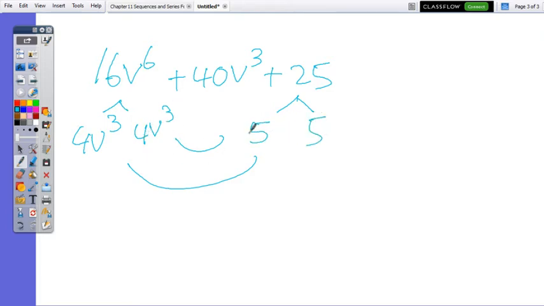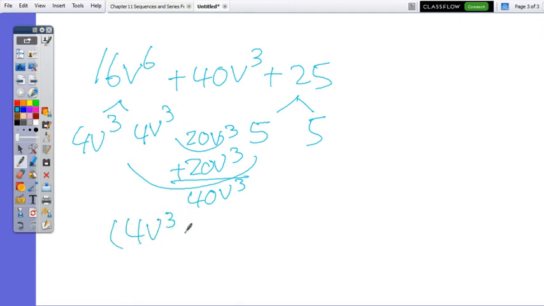So 4v to the power of 3 times 5, we got 20v to the power of 3. And then 4v to the power of 3 times 5 again, we got 20v to the power of 3. And that's just 40v to the power of 3. And for those who might be wondering, well, this one is the perfect square binomial. It is. But again, if you don't recognize the structure, you can always use the smiley face to check your work,